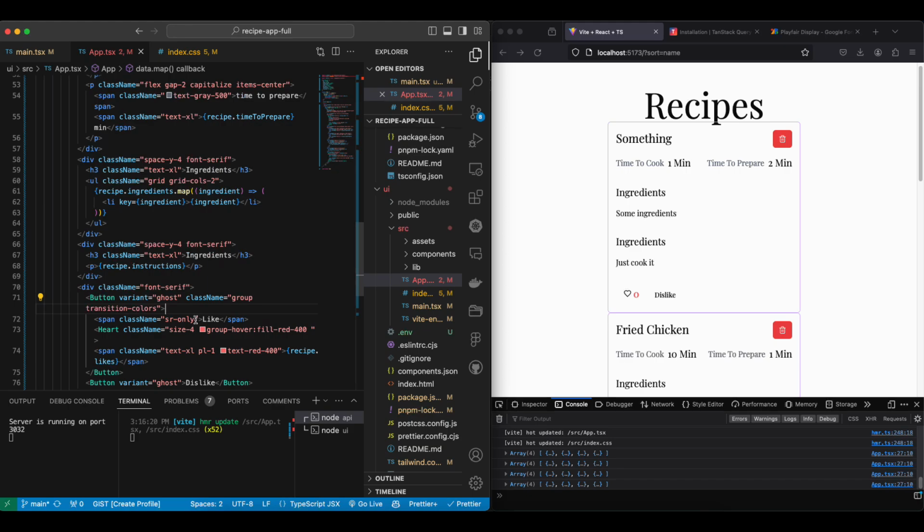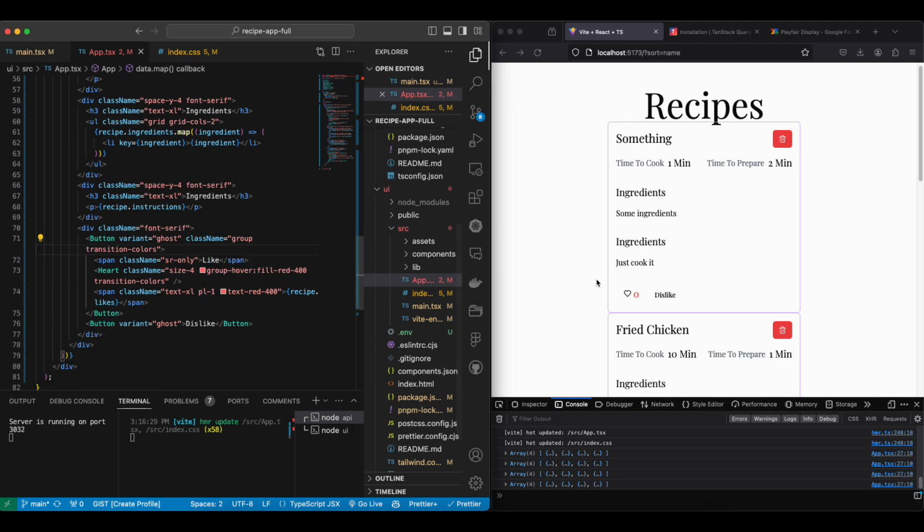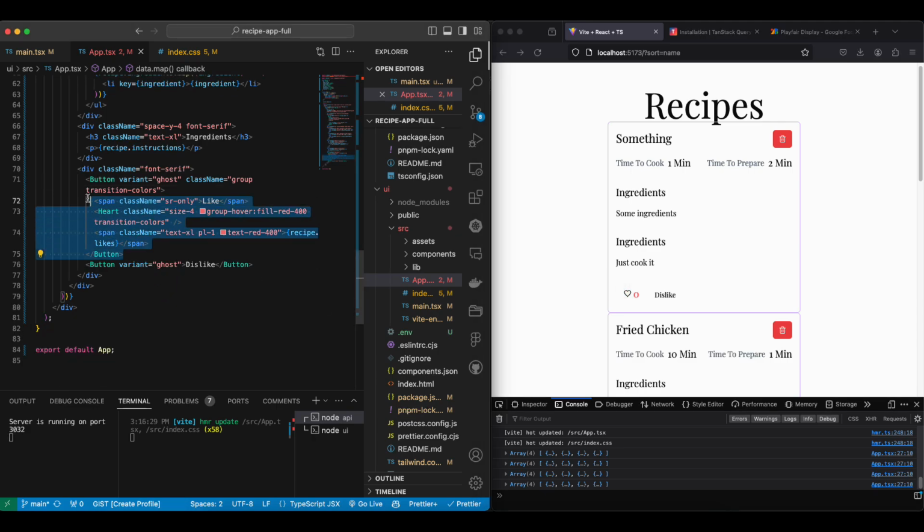Yeah. Okay. And let's transition colors. Perfect. We will come back to this a bit later on to add some more stuff, but for now, it's good how it is. Let's just copy this button, and